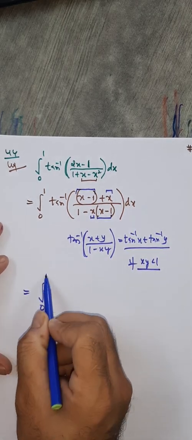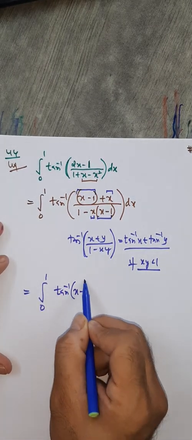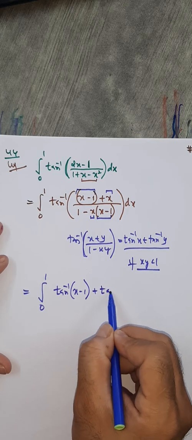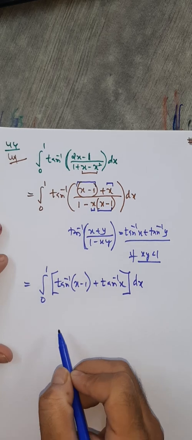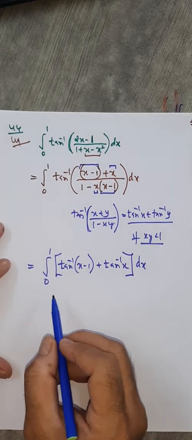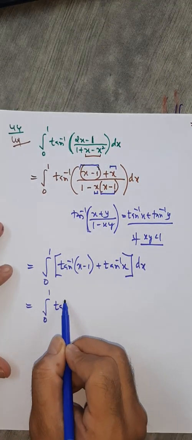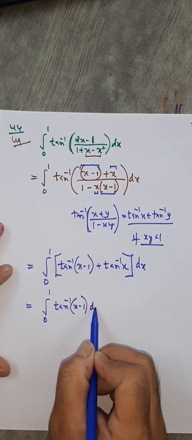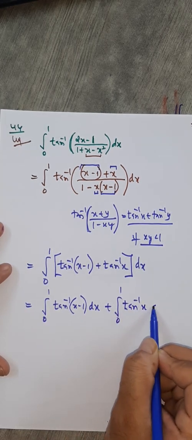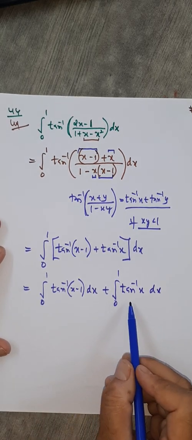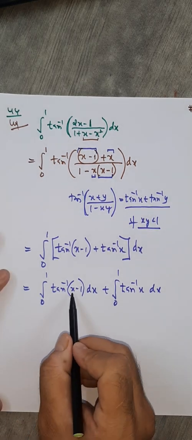So using this concept, tan inverse of x minus 1 plus tan inverse x, integral from 0 to 1. Now let's split into two integrals: 0 to 1 tan inverse of x minus 1 plus integral 0 to 1 tan inverse x dx. Now this you can do by parts very easily, but before we do that,